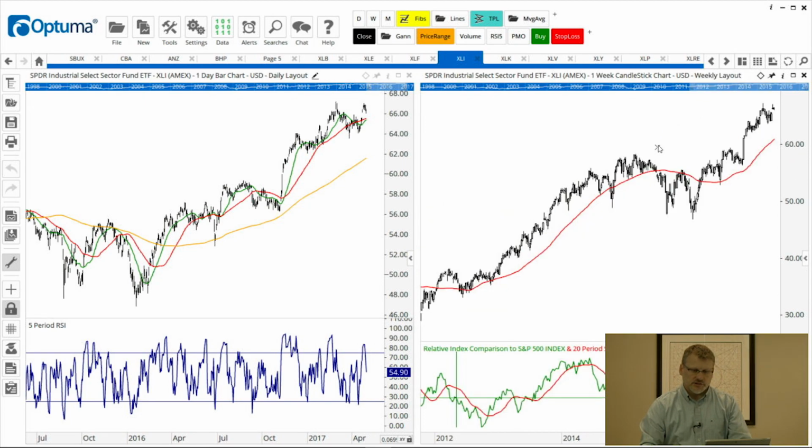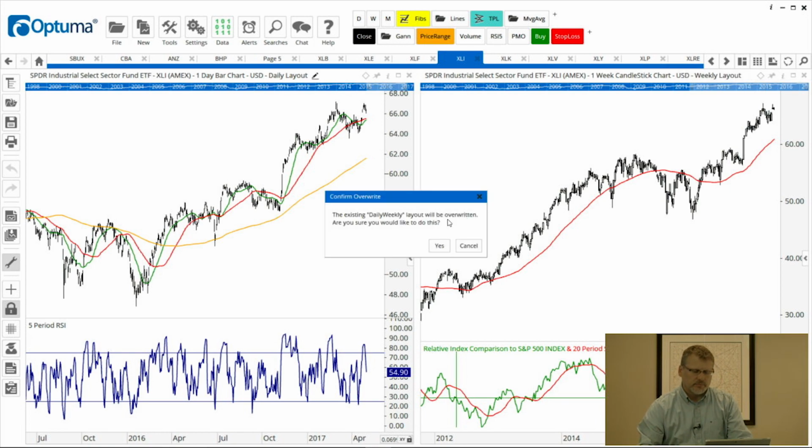Now because I've made those changes, I'm going to go back into the page layout icon on the right of the screen, but I want to overwrite the one we already had. So daily, weekly, and then I'm going to hit save, and I'm going to get prompted, do I want to overwrite the existing page layout called daily, weekly?